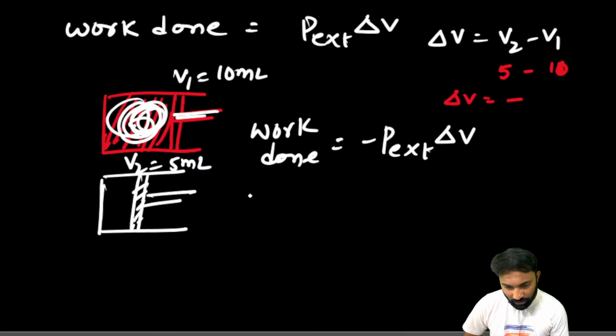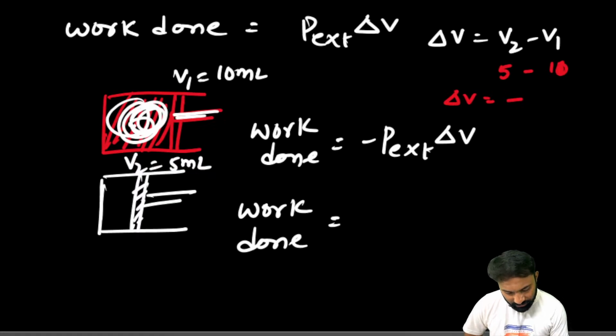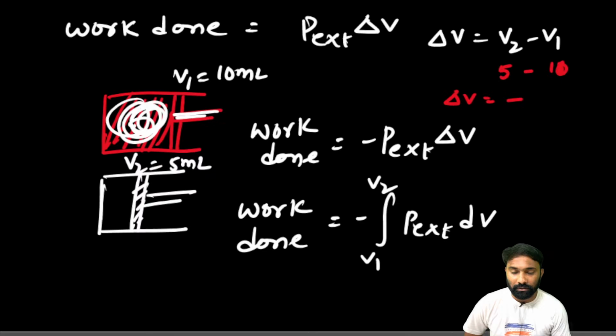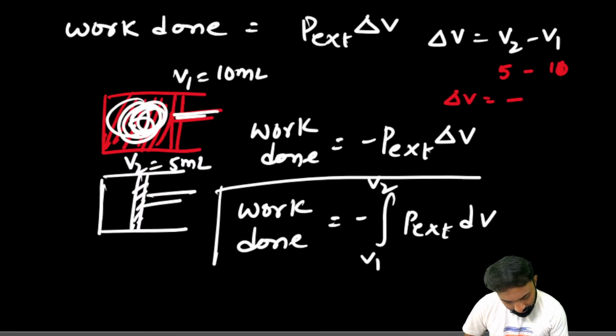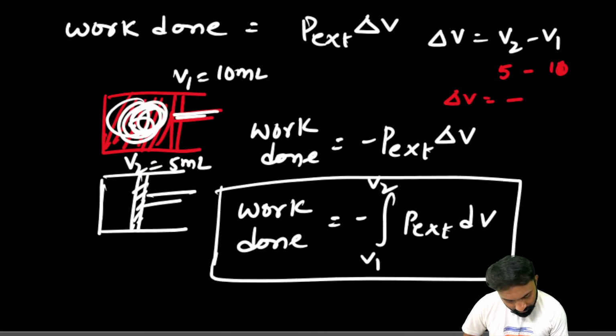So if you want the overall change, this is for a large change in work done. And if you want it for a small change, work done is equal to minus P external, integrated from V1 to V2, P external dV. Clear? Now this is the work done formula. Based on this work done formula,